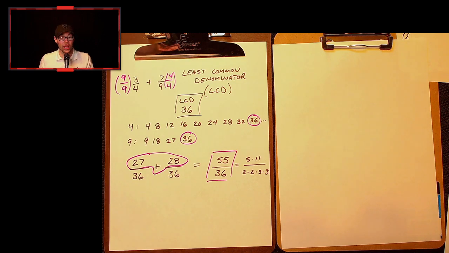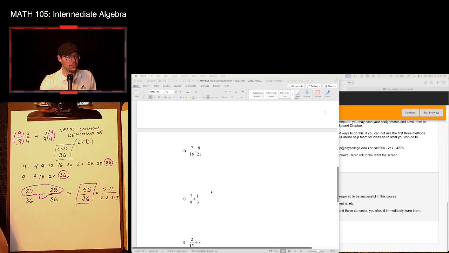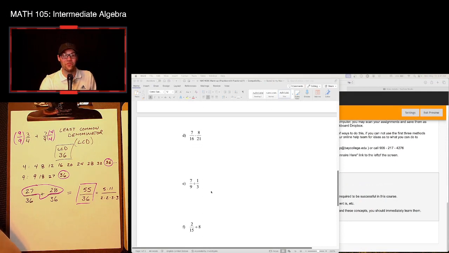So once again, when we add or subtract fractions, whether we are dealing with numbers or variables or even factors, and we're going to see this a lot in exam number 2, you are required to have the same denominator. Now this works the same way for subtraction as well. So I'm going to leave you problem C to try on your own, and it will follow the same rules that we have here. So let's go ahead and scroll down, and we can take a look to see when we multiply and divide